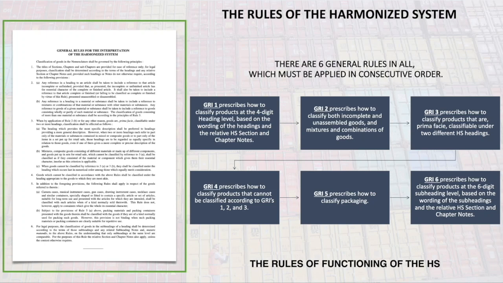That is in cases where we find, for example, part of a product, unfinished product, products containing several products or set of products, product that apparently can be classified in more than one heading or subheading, or product that has packaging, as we already said. But most of the time you will apply what is indicated in rule 1 and 6,